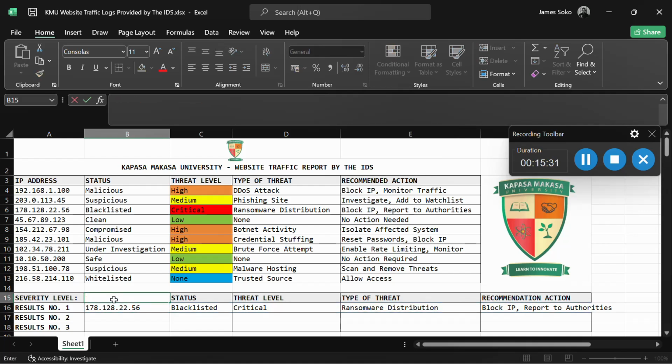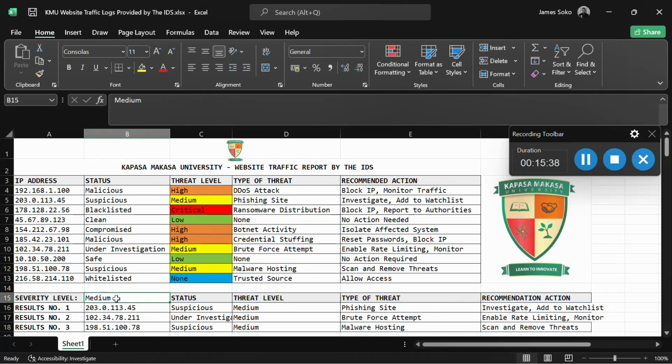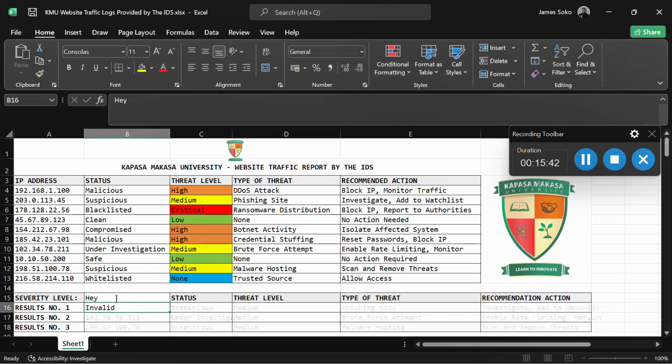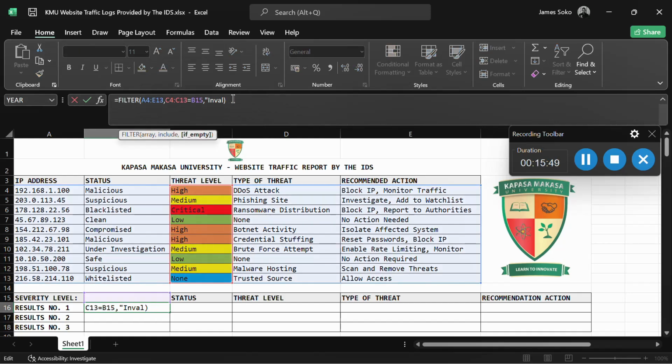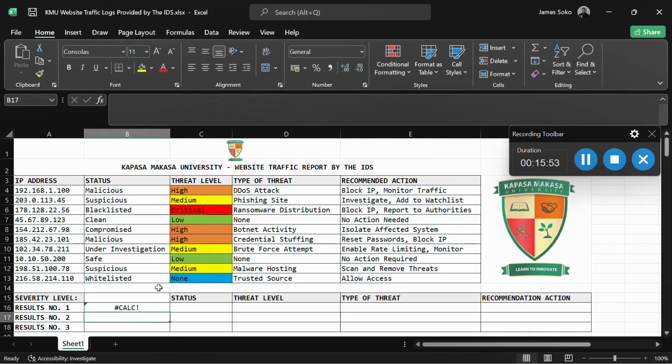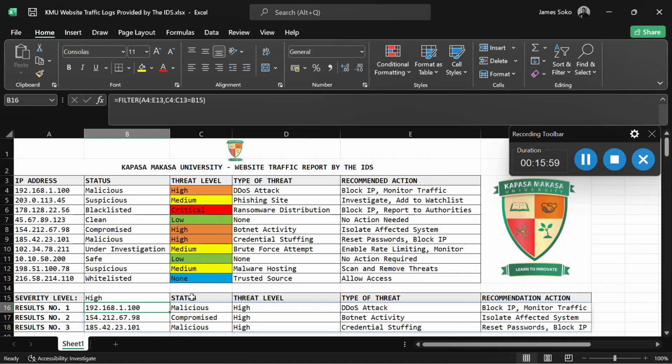Then if you search for maybe medium, again it will give you the results. But the moment you search for something which is not there, you say invalid, okay? But in a case whereby, again, you didn't specify this comment, it means that there will be an error code, which is this in our case. But if you search for something, the error will disappear because the formula is correct.